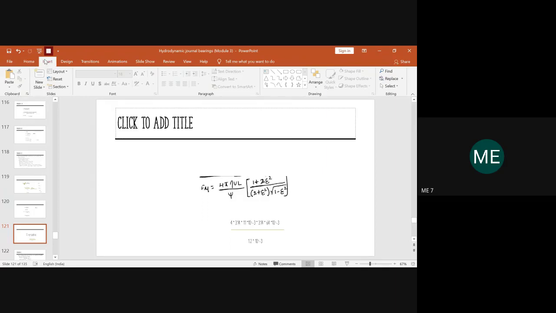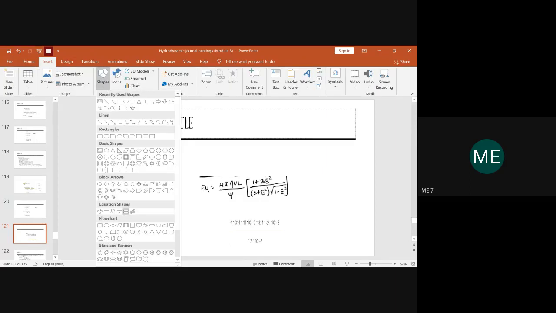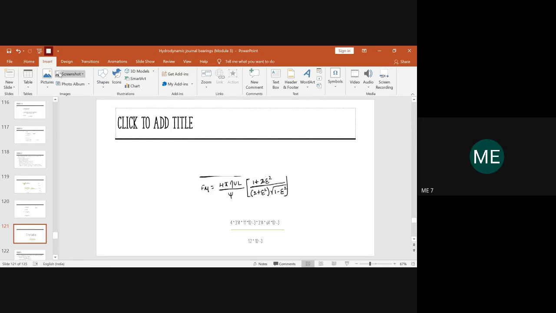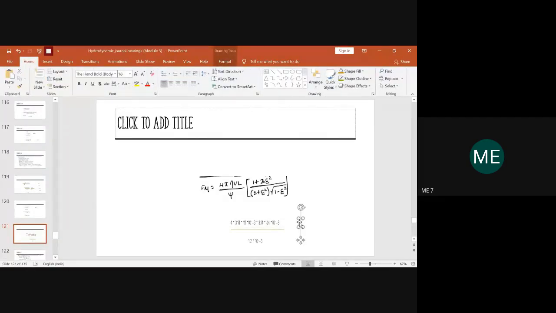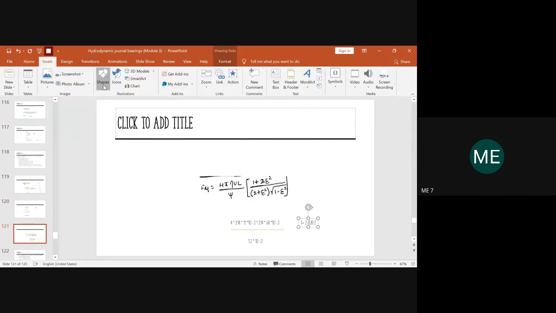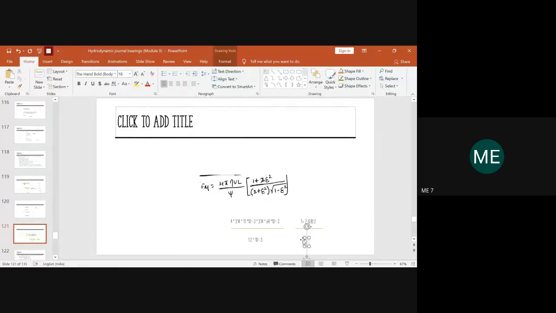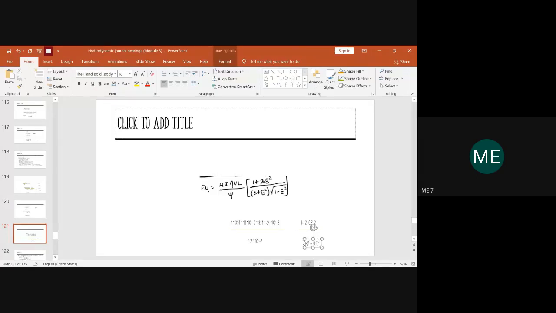So the remaining next part, it is 1 plus 2 into n is nothing but our eccentricity ratio 0.8 whole square divided by it is again 2 plus 0.8 whole square